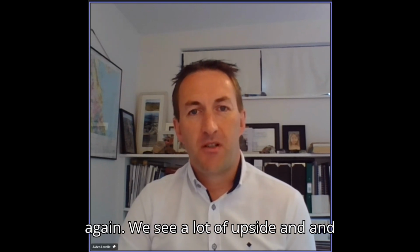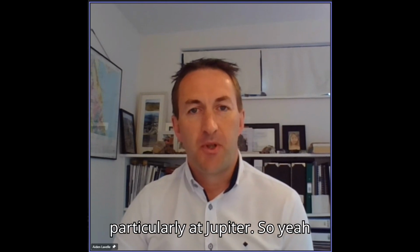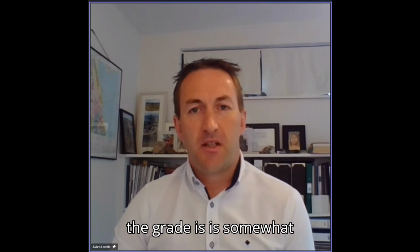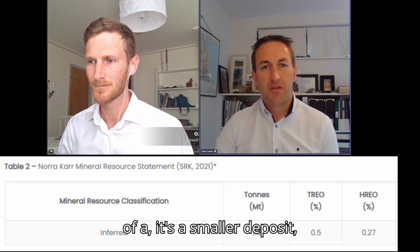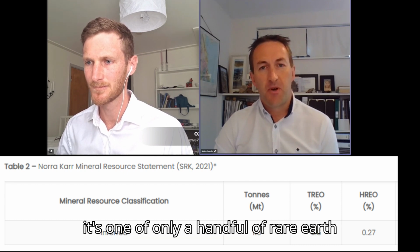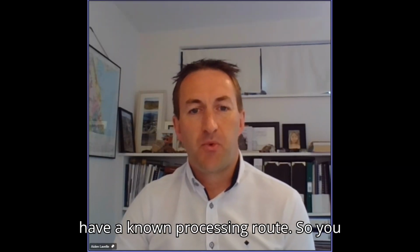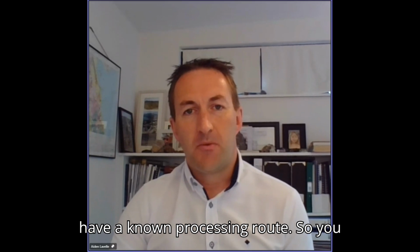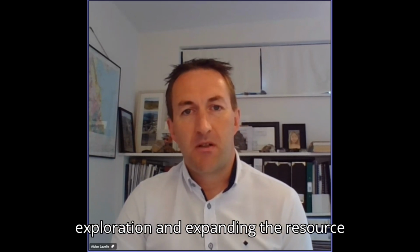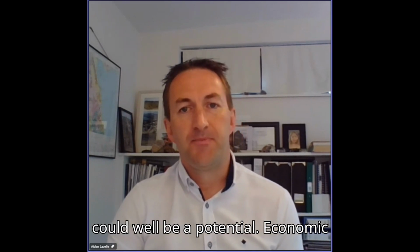We see a lot of upside and some really good outcropping mineralization in other areas, particularly at Jupiter. So yeah, the grade is, I suppose, somewhat comparable to Norchar. It's a smaller deposit. It's one of only a handful of rare earth deposits in Europe, but it is monazite and xenotime, and they have a known processing route. So potentially with more exploration and expanding the resource and locating higher grade, this could well be a potential economic